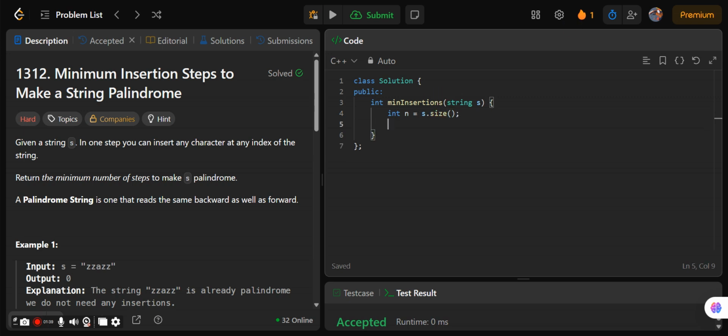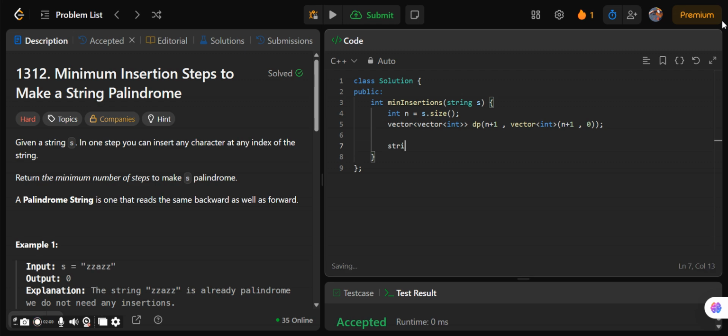Now we have to declare a dp array, vector of int dp of size n plus 1, because we are going to analyze a string of size 1, a string of size 2, a string of size n, so that's n plus 1, vector int dp of size n plus 1 comma 0. Initially we will fill the dp with 0.